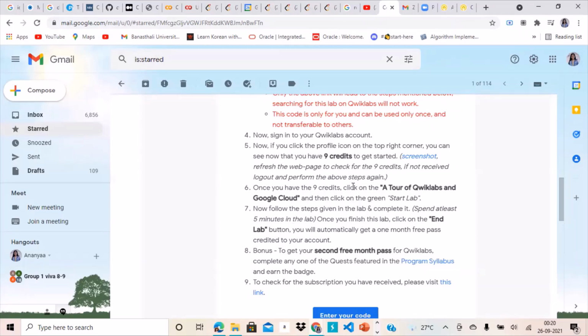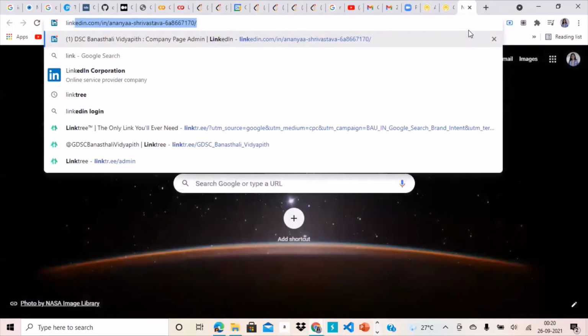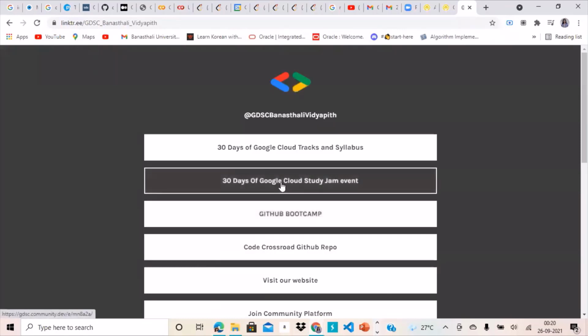And yeah, if you are wondering where you'll be getting all the labs and the syllabus related to your track, just navigate to GDSC's link tree. And here, the first tab, click on it.